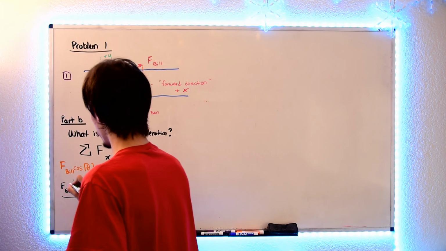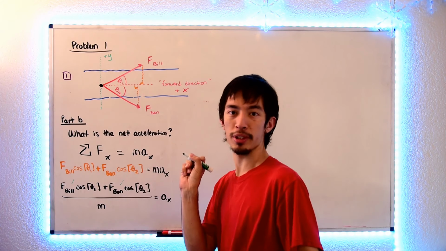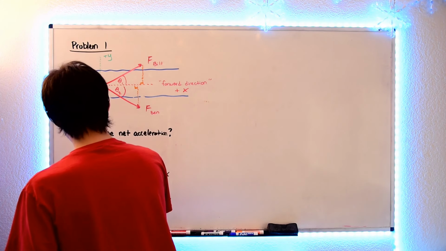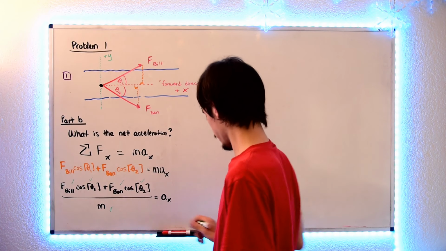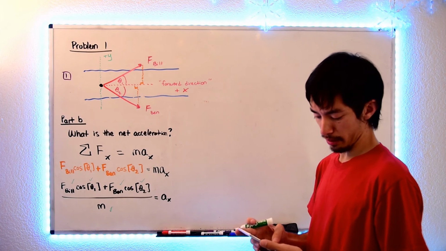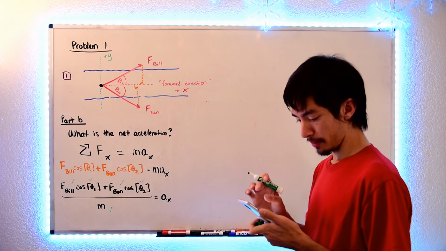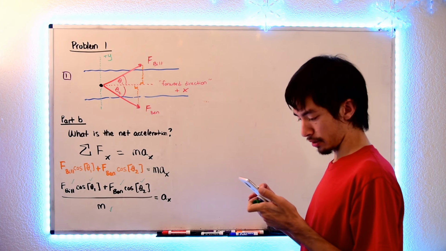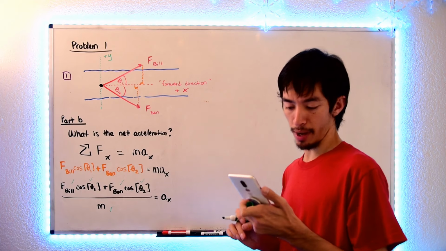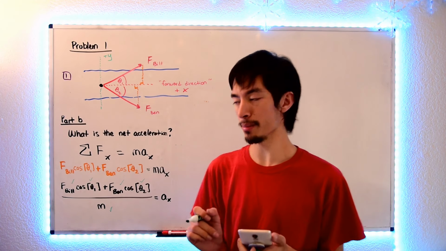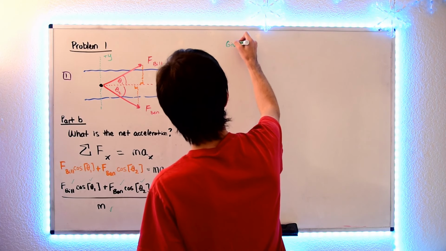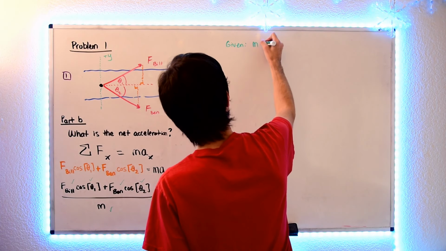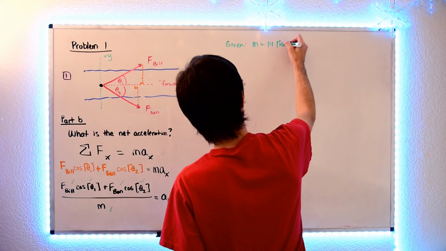We have the force from Bill. We have the force from Ben from the previous part. We have both angles. And the mass is given in the problem. Okay. So if we read through here, if the raft has a mass of 14 kilograms, so given that the mass is 14 kilograms,